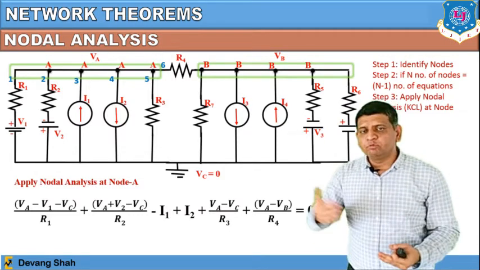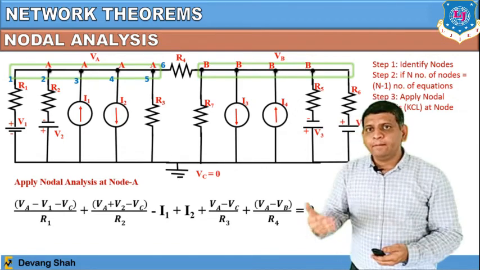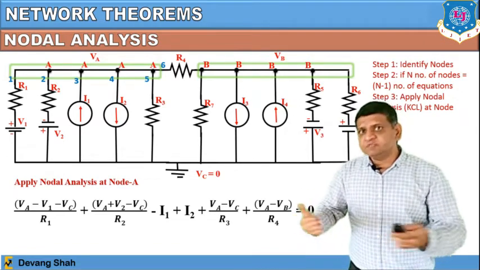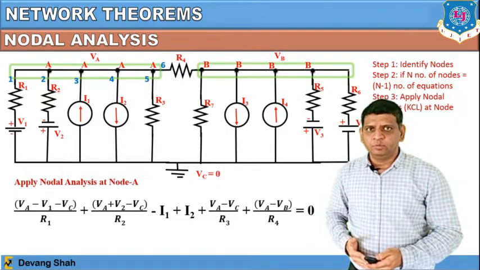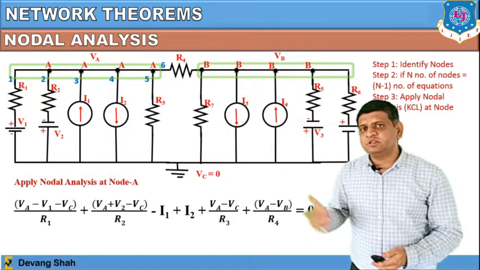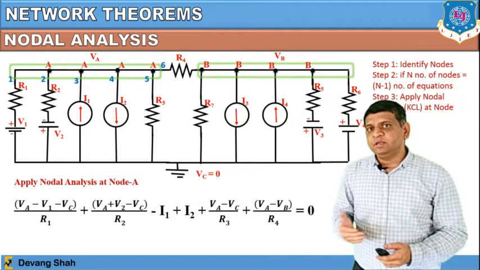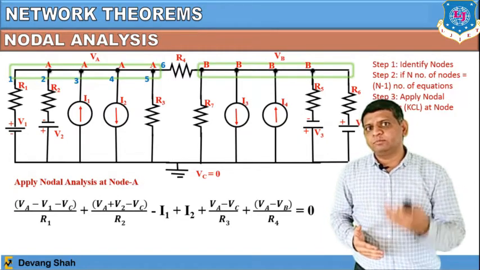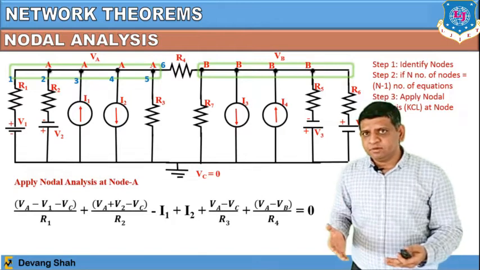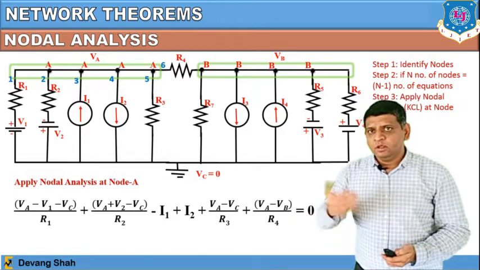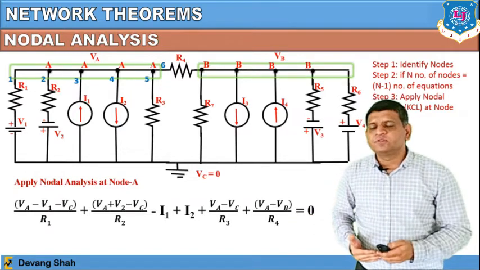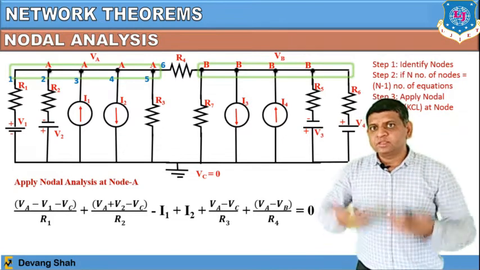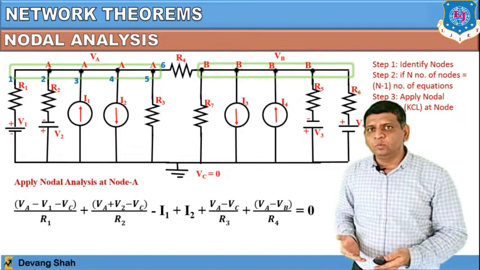Same way, if you look at branch number 2, your term is VA plus V2 minus VC divided by R2, right. Now, you can see branch number 3, where current I1 is coming to you, right. So, ultimately you have to subtract it from the equation. So, it is minus I1, that is your branch number 3. Now, branch number 4, you can observe here I2, which is coming from the node. So, you have to consider it as positive. So, plus I2,